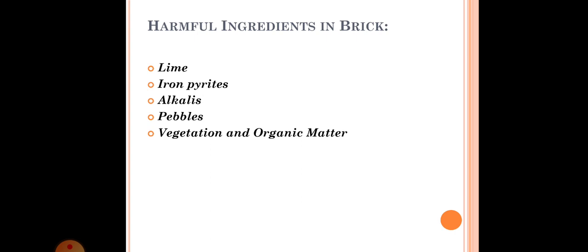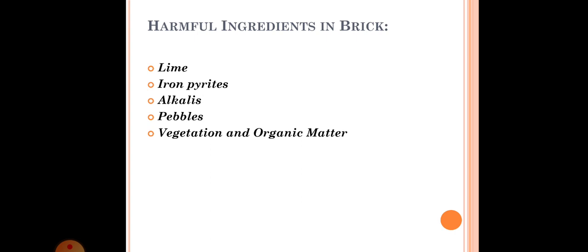If there is excess alkali present in the brick earth, it will lead to the absorption of moisture, and with passage of time the moisture will get evaporated and that will leave a grey or white color on the surface of the wall, and this we call efflorescence. So efflorescence means the presence of white deposits on the surface of brick. This white patch will affect the appearance of the building. It will not look good and it will affect the aesthetic appearance of the building. So excess alkali is harmful for bricks.